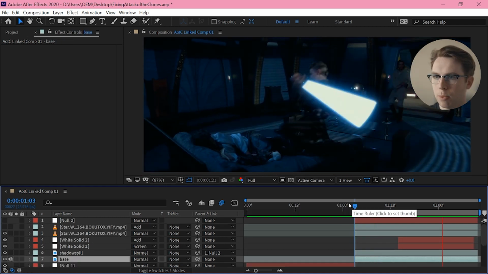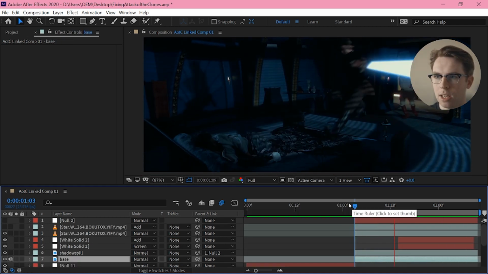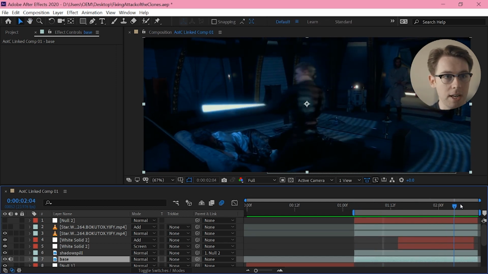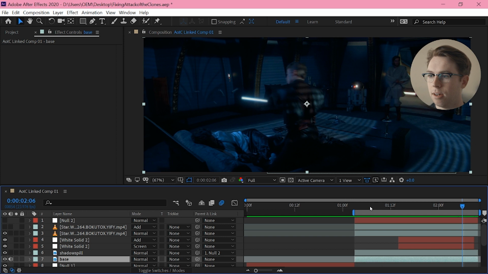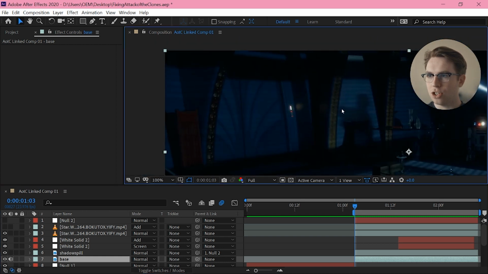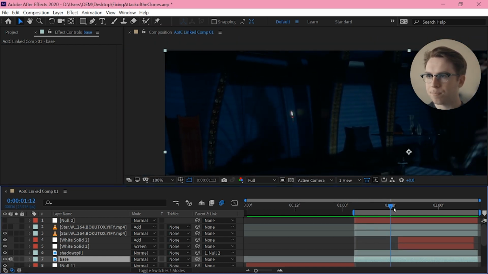Now, shot 1.5. Again, I'm not thrilled about this. This is just sort of imported from my original edit that no one will ever see. I guess the one thing to note is this shadow back here. I'm actually adding a little bit of haloing around the lightsaber.